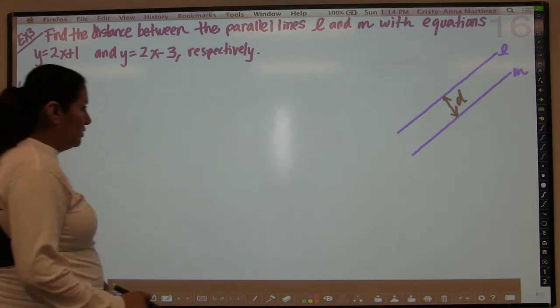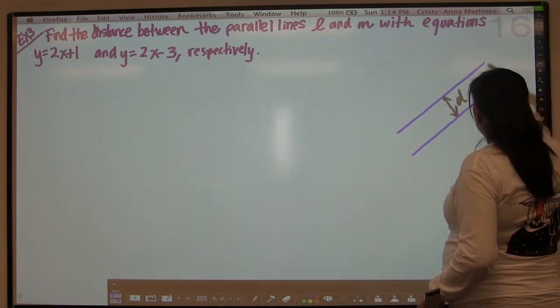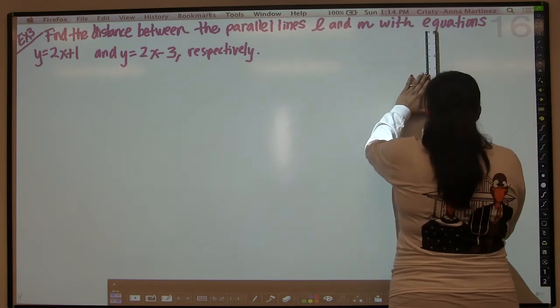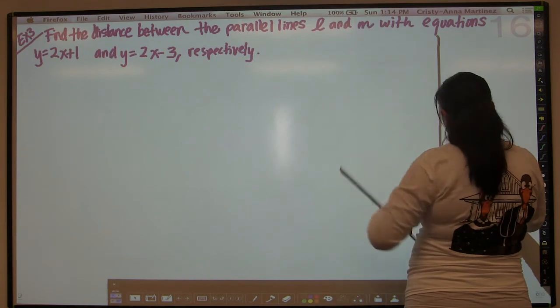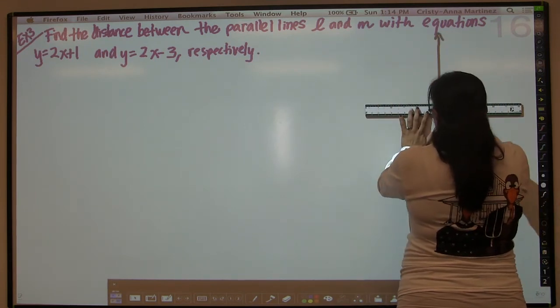I think what I will do is, because I think it'll be easier for you to see, I'm going to go ahead and actually draw out the two lines. It shouldn't take too long. They're pretty simple lines to graph. So here we go. I'm going to graph